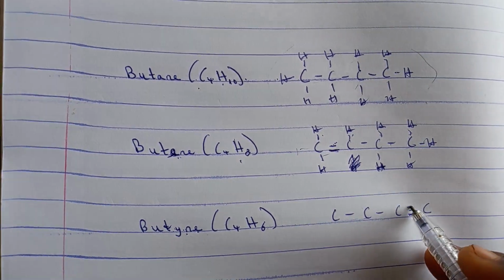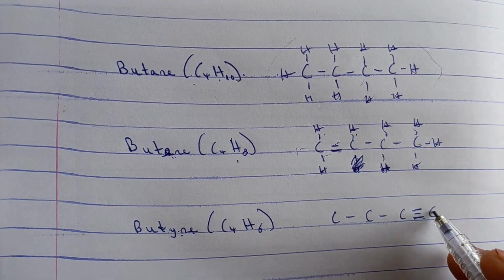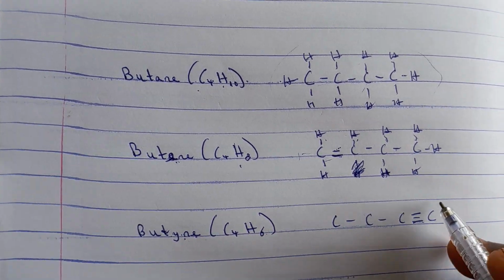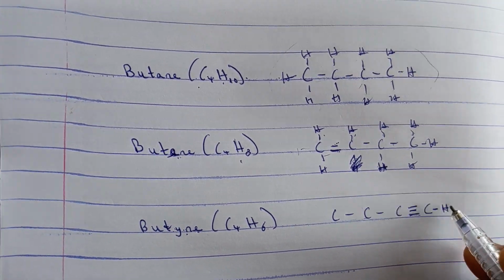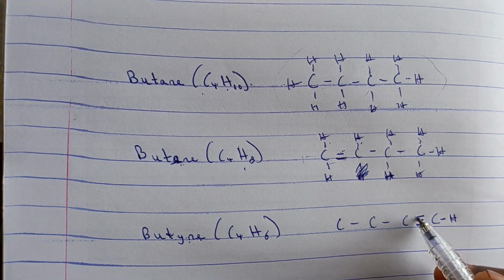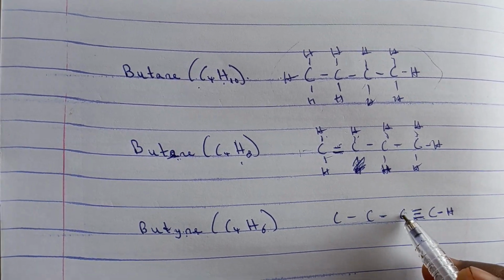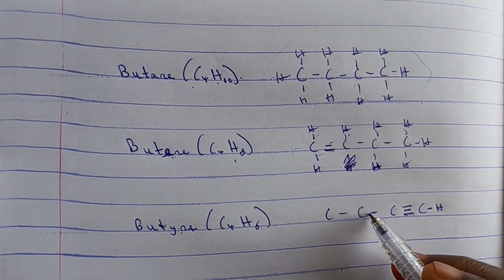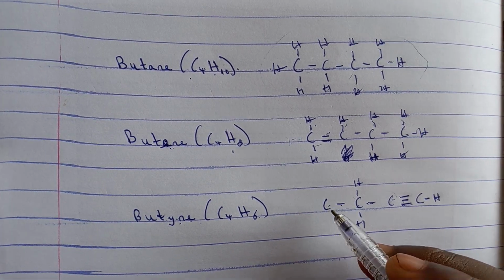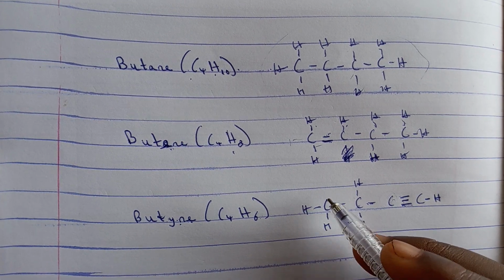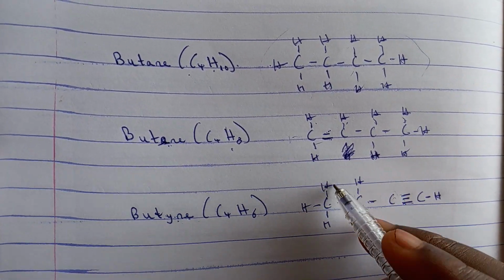So we have three bonds here. Since we have three bonds here, that means this carbon only needs one more hydrogen. It cannot take two hydrogen, unless we have more than 5 bonds. So let's just give it one hydrogen here. I hope I'm clear. This one also already has three bonds here and one here, so this one cannot take any more hydrogen. Now this one has only one here, so it needs two more hydrogen. This one has one here, so it needs three more hydrogen. So with that, we filled up our